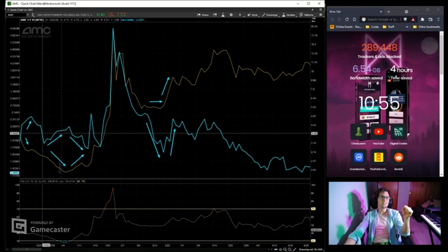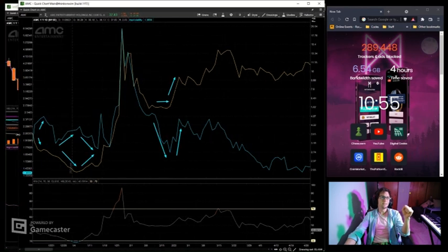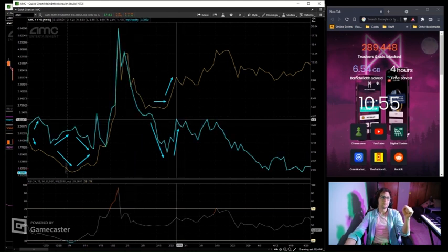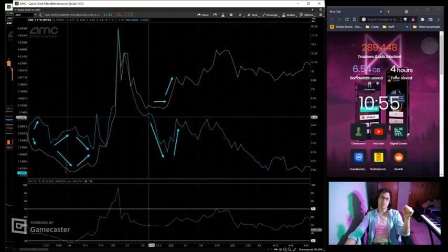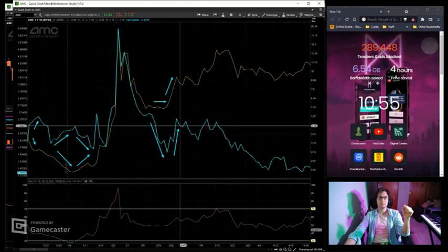I can't actually see that because I'm streaming on my second display. So here we go, I can see it. The implied volatility rises to about 460%, which is about where it was before the divergence started. So the implied volatility here corrected to